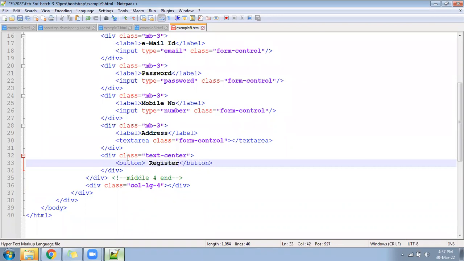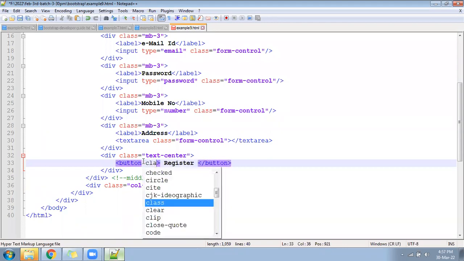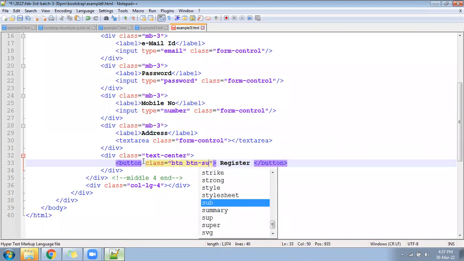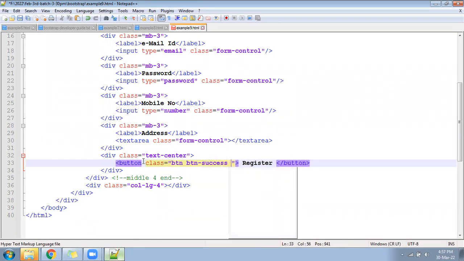Register. We can write here class equal to btn-success, and m2 I will write here. M2 for what purpose? If you remember, m2 will give you the margin on left, right, top, bottom, everywhere.